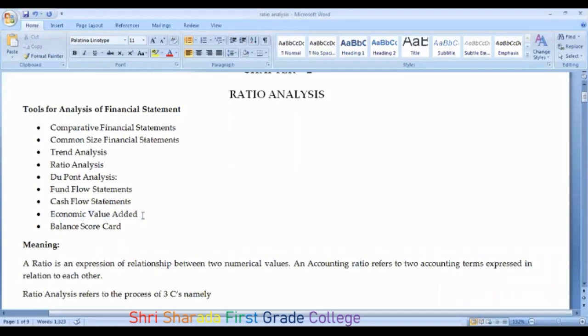So how can you identify the economic profit? It is identified by the net profit, from which the capital charges, arising from the capital, will be deducted. Whatever the capital raised by the firm, irrespective of debt, irrespective of the types of equity, will be deducted from the net profit. So you arrive at the economic value added. Clear? Economic value added is simply an analysis of financial statement introduced to find out the firm's economic profit.